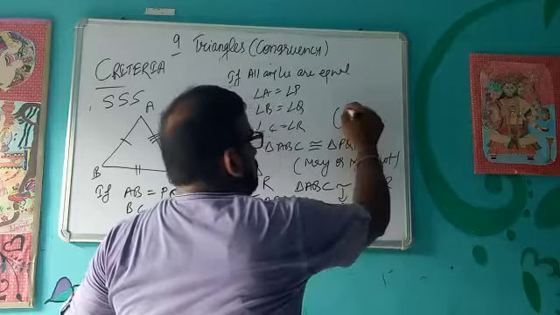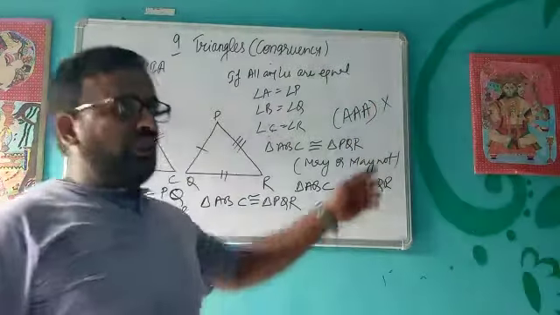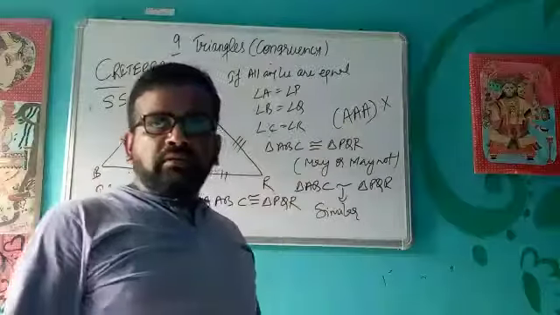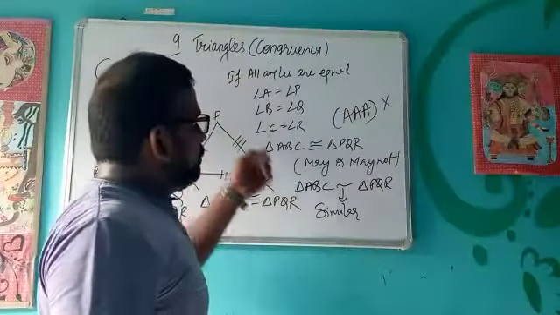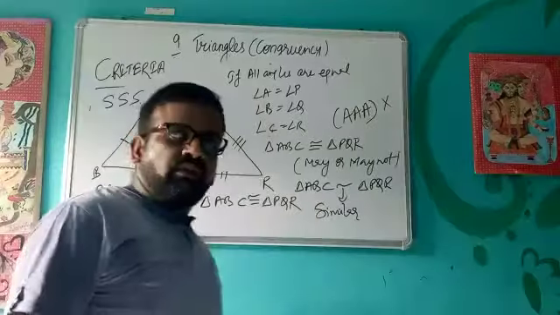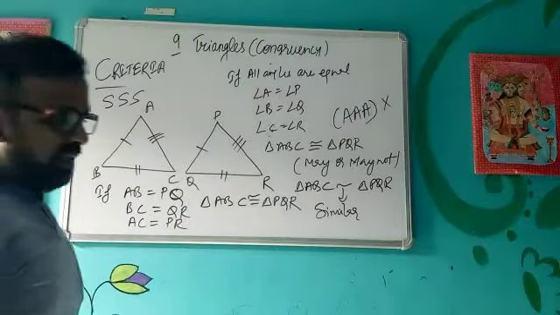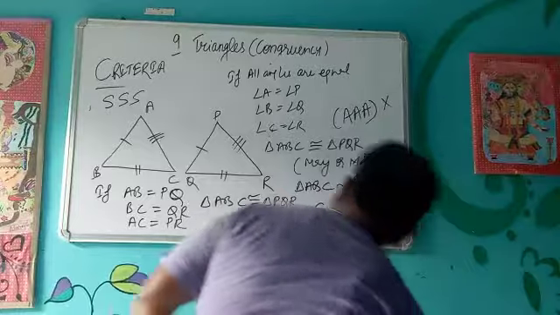So don't say that this kind of criteria is there. No, there is no such criteria of angle, angle, angle. Okay, if the three angles are equal to each other, then triangles may or may not be congruent, but definitely they will be similar. So this is the fourth criteria. Last criteria,